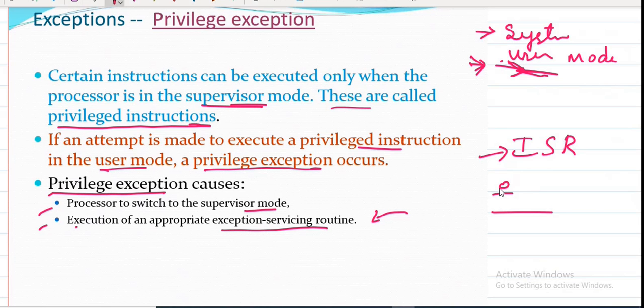For that, one particular function should be executed, and we call that function the exception servicing routine, ESR. Don't use the short terms ESR or ISR; I used them just for writing purposes. ISR is used in the textbook, but for exceptions, use exception servicing routine. That function tells what the problem is, and for what reason the program was interrupted. Is it clear? Are you able to understand what I am explaining?